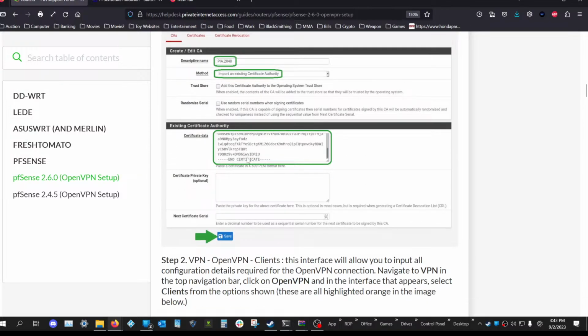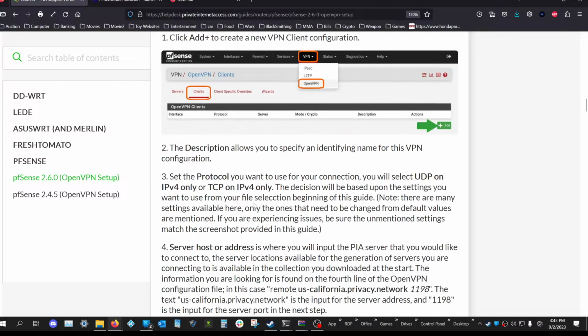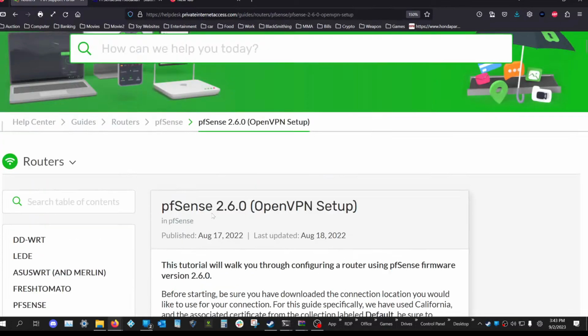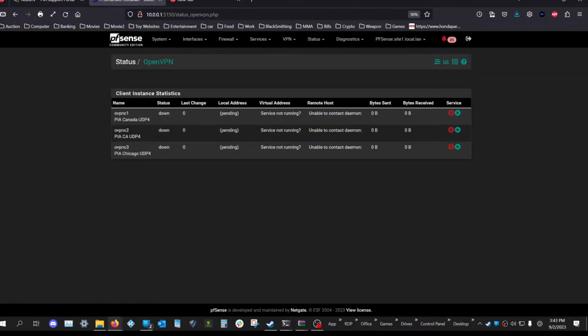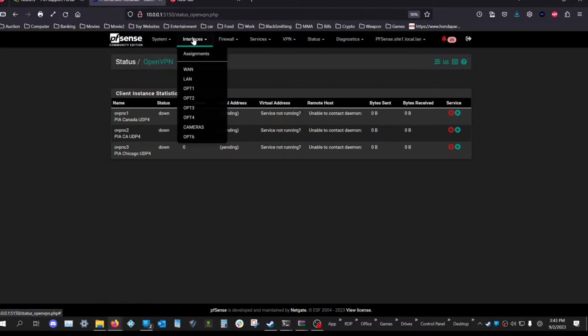When you scroll through it, just go to this link and follow these steps. And when you're making changes in your pfSense router, any changes you need to make in pfSense are highlighted in green. So you just follow the instructions. It's easy, and it's actually a lot quicker than watching a video. Now, I did have issues. So the first step in this is you need to